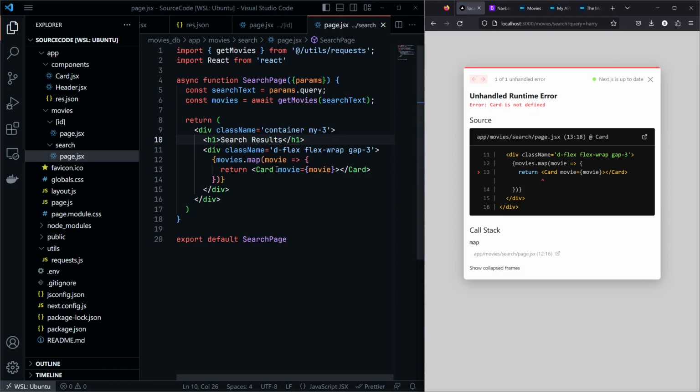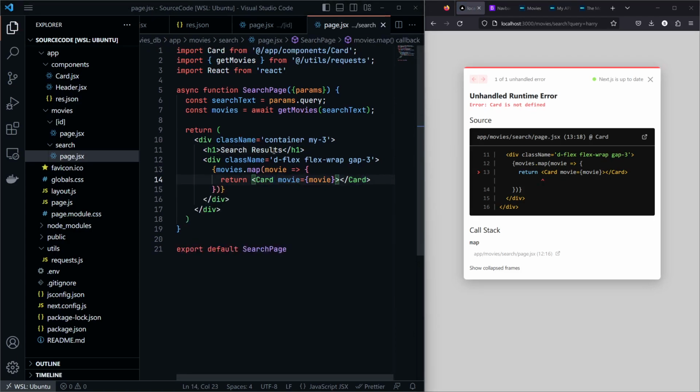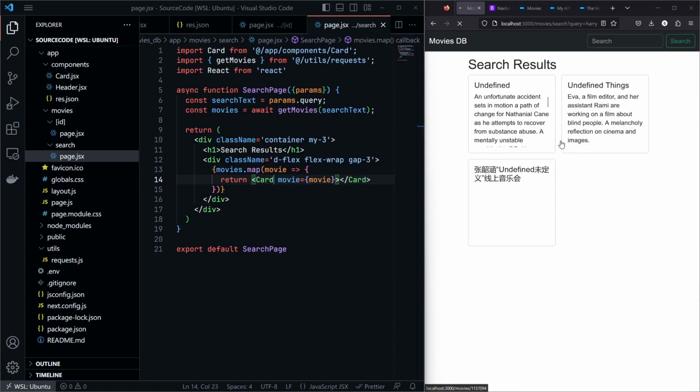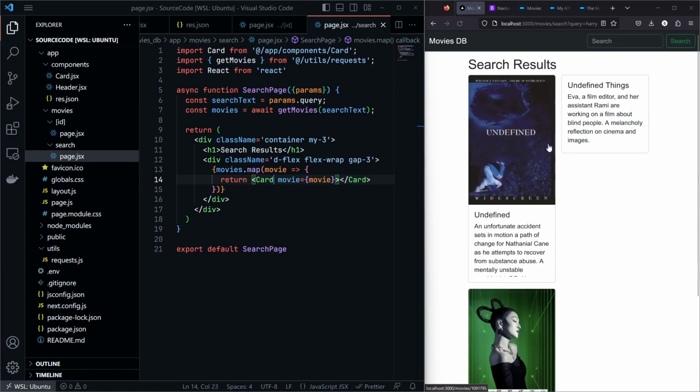Card is not defined, let's import the card, save. Yeah, based on the search parameter you're getting the movies here,